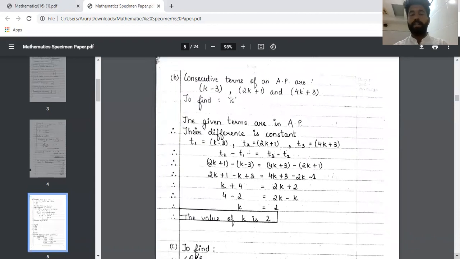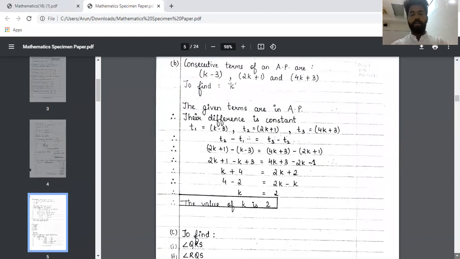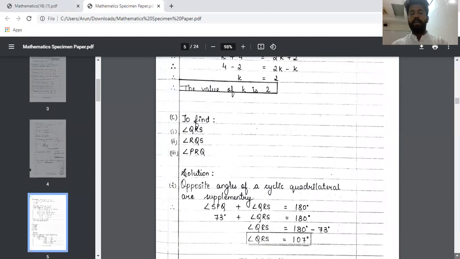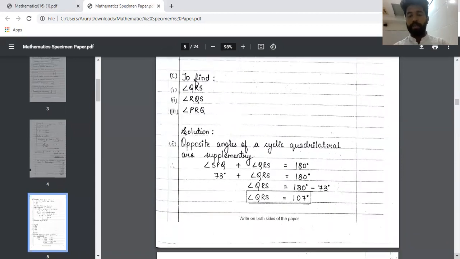Then next question from AP, consecutive terms were given. You wrote that. Then you wrote what you need to find. Then the method that you needed to use, the common difference method. पूरे values आपने substitute किए, subtraction किया, and then after that you opened the bracket properly. Final answer आ गया. You wrote that in the box. Final answer format.